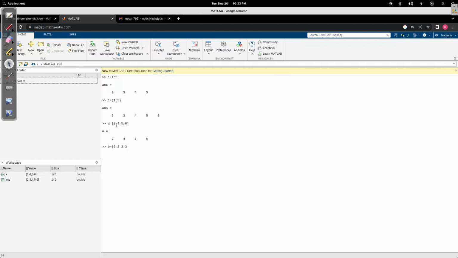Okay, and if I do A dot star B, they will be multiplied element-wise. So you can see 2 times 2 is 4, 4 times 2 is 8, 5 times 3 is 15, and 6 times 3 is 18. Okay, and if I do A dot division by B,